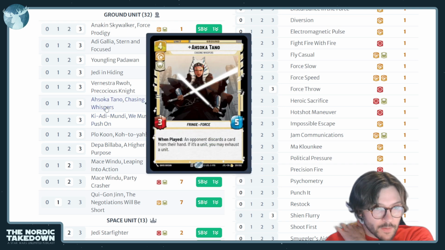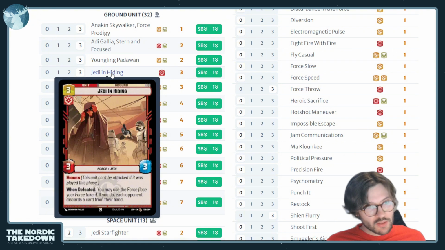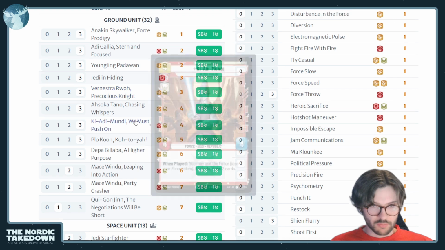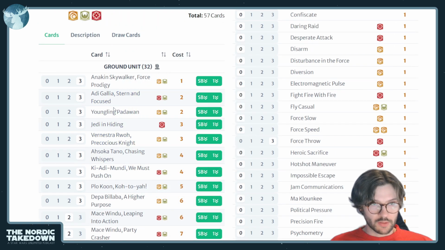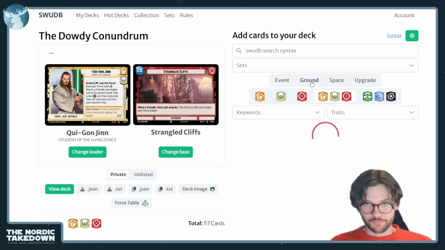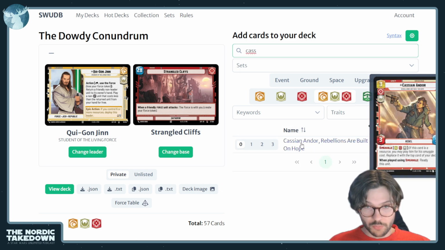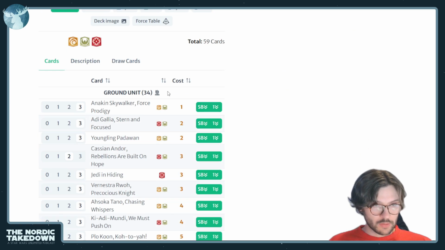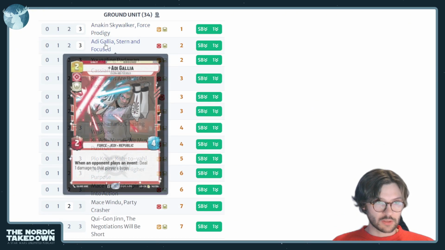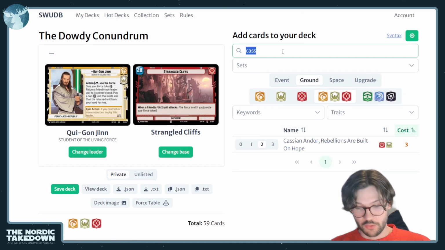Right now, playing Jedi in hiding on 3 is not the best. Vernestra is a bit better, especially if we've been able to get the Force first. But Cassian is a card I mentioned that's just great. Also being able to smuggle him. I could consider cutting Anakin. And then we also want to look a bit more on the 2 costs that are not Force,